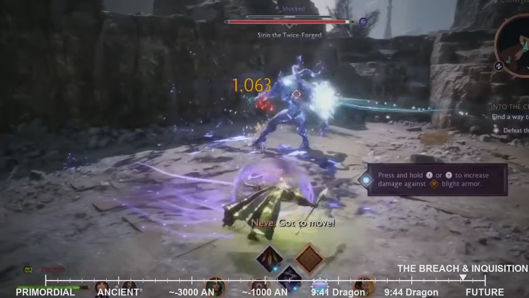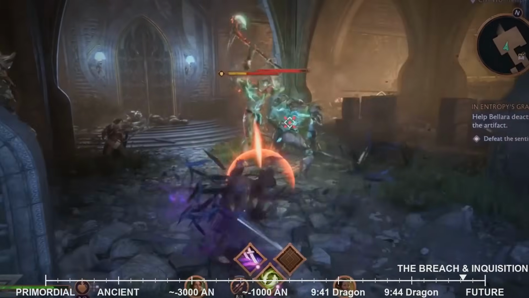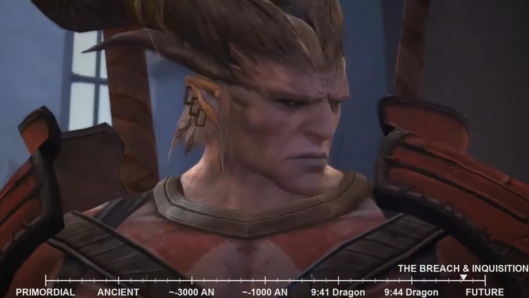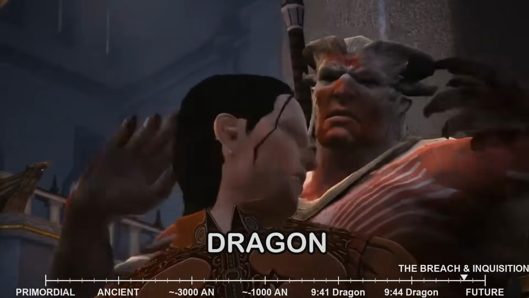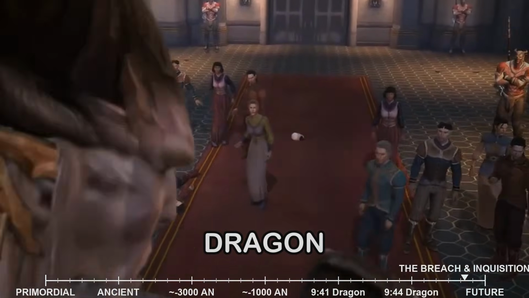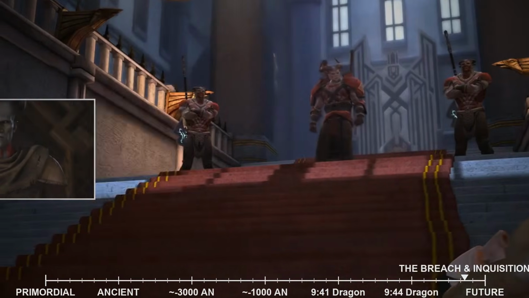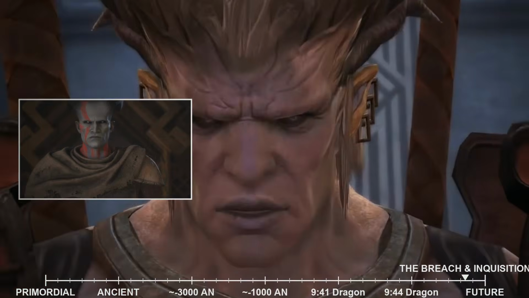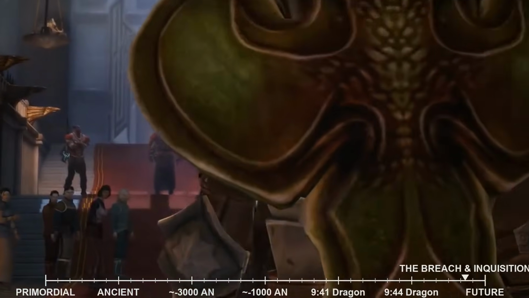Her struggles highlighted the enduring need for vigilance even after the grand conflicts of the Inquisition had seemingly concluded. The year 944 Dragon also saw a deeper exploration of the Qunari's presence and activities in Tevinter, particularly in the short story The Mortification of the Flesh. This narrative delved into the Qunari's unwavering commitment to the Qun, their strict philosophical and social code, and their relentless efforts to convert the people of Tevinter to their way of life.